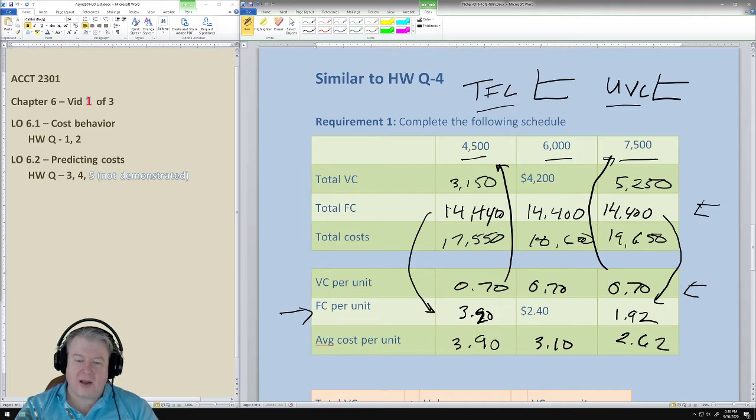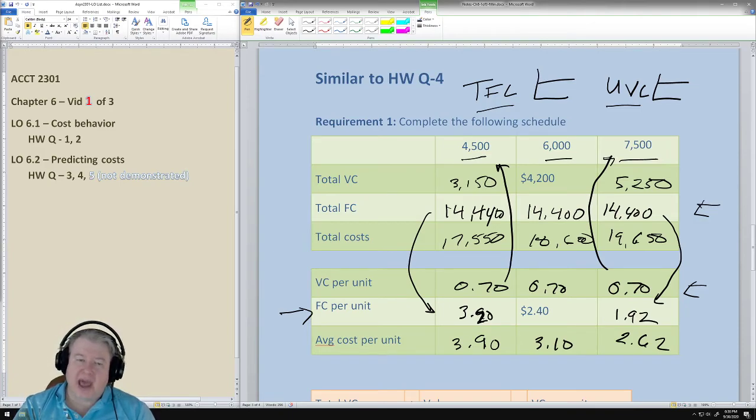The variable costs stay the same, but you notice that the more you build, the lower the per unit cost goes. In other words, the more units you build, you can spread the rent out over more units. And that's what companies like to do. That's what manufacturing plants like to do. They like to try and keep their